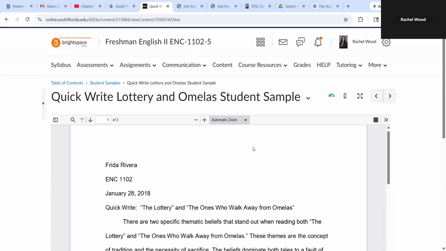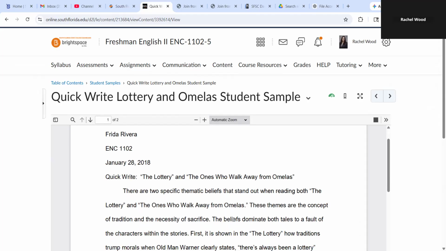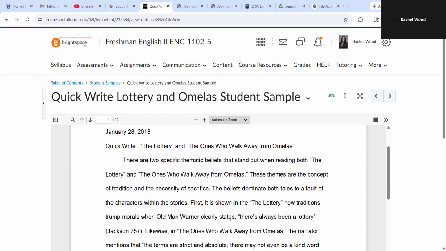The sample will help you see what a completed Quickwrite should look like. As we review the sample, which I have on the screen in front of you, please pay attention to the MLA heading. It should include your name, the course, the date, the assignment, and the assignment title. The entire document should be double-spaced, including the heading. Also remember to indent the first line of the paragraph. You should also notice that the sample paragraph uses specific examples from the text. These examples are followed by parenthetical citations.